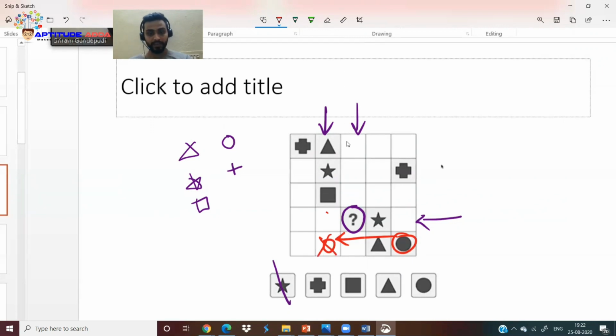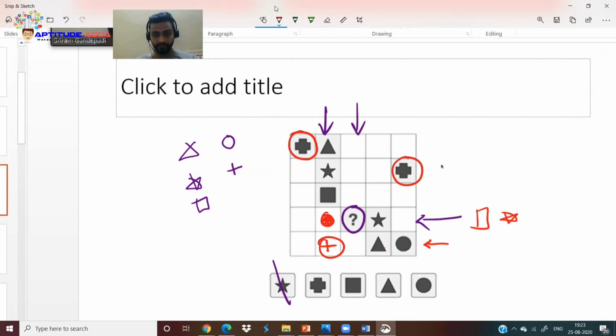So obviously it must be plus. Yes or no? Yes, it must be plus, and there is no other option. Obviously this place must be plus only. Now check for any other clue. The clue can be a symbol also, right? Yes, I got it now. Can you find a total of 3 plus symbols? Done. Let me fill our required row also with plus symbols. If you find any symbol as your clue, try to fill our required row with that symbol. That's it. You will get the answer.